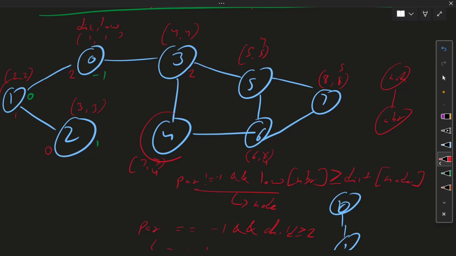How many children? This is visited, only one child. How many children? This is unvisited, this is visited, this is unvisited. So two children. How many children? This is visited, this is visited, so only one. How many children? This is visited, so 0. So we can easily check this.